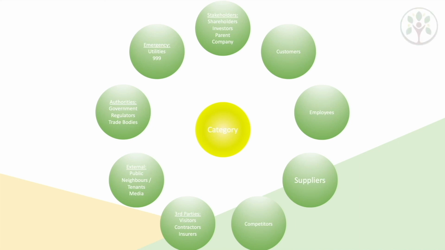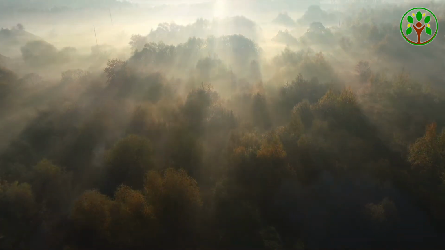So there's your 9 key interested parties categories. If you'd like to know more details about the kind of things you'll need to identify for your interested parties, such as